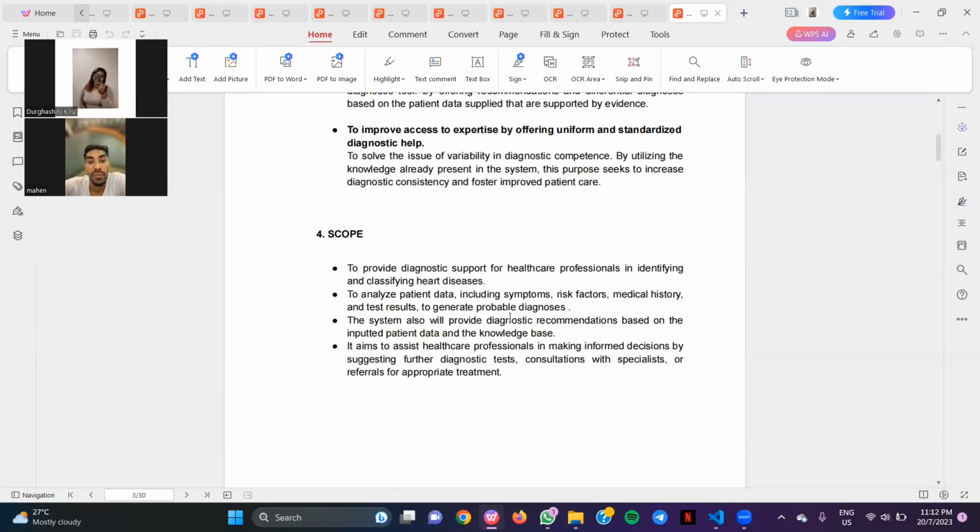The next is scope. First is to provide diagnosis support for healthcare professionals in identifying and classifying heart disease. Second is to analyze patient data, including symptoms, risk factors, medical history, and test results. The third is the system will also provide diagnosis recommendations based on